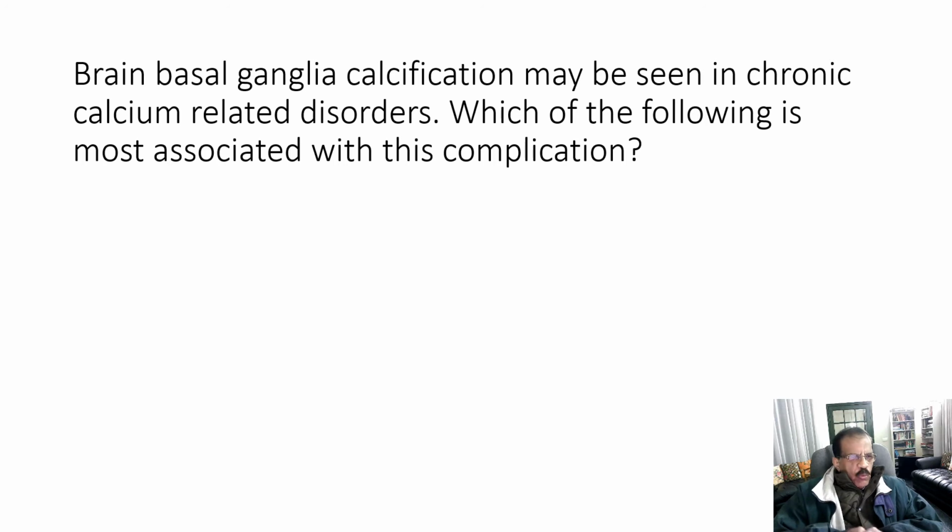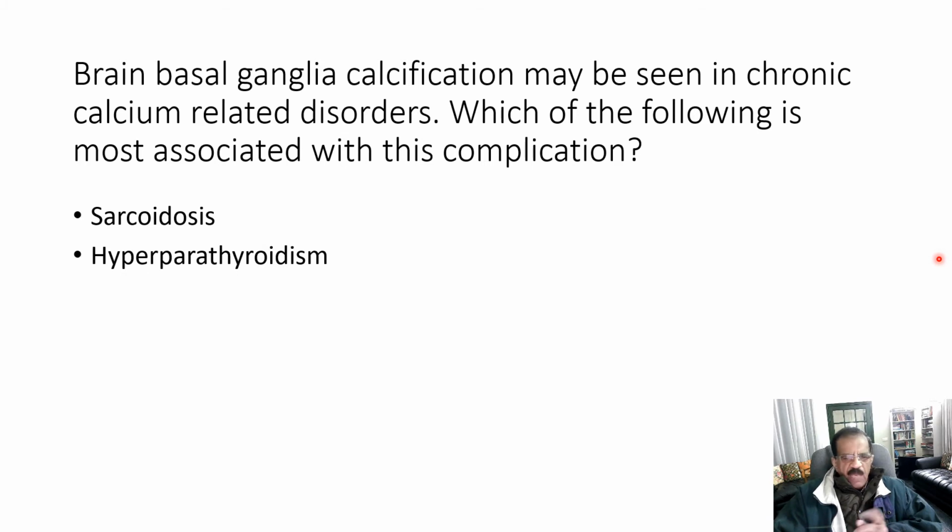Now this is another question, about the basal ganglia. Basal ganglia calcification may be seen in chronic calcium related disorders. Which of the following is most associated with this complication? I'm going to list 4 or 5 possibilities. You have to pick the condition where you see basal ganglia calcification most frequently. Sarcoidosis,